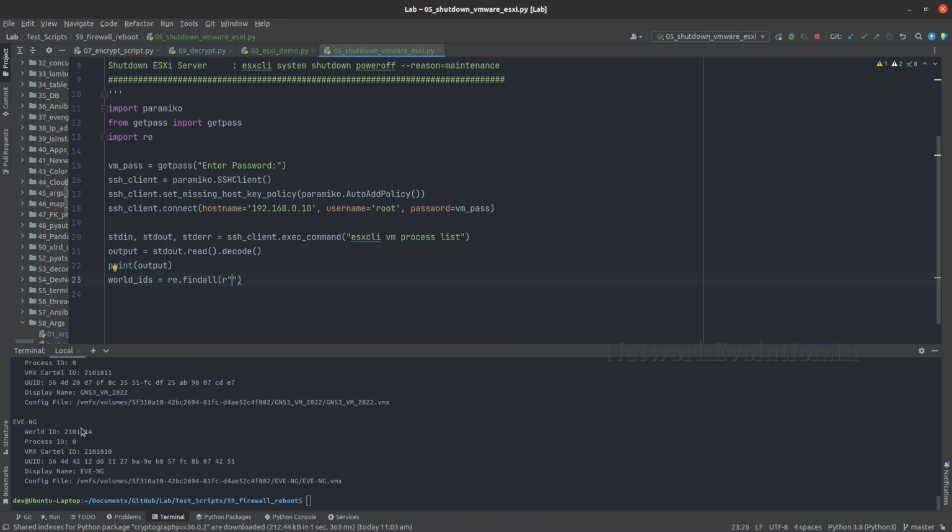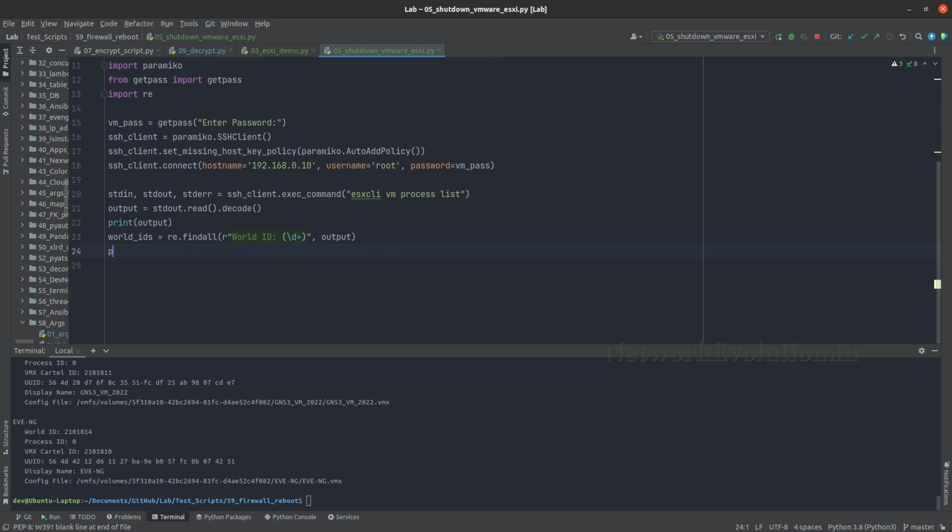Then the syntax is this: World ID colon space, copy this, paste it. After that we are going to get digits, so I'll give \d+. This also I have explained in the regex tutorial. Then here we need to search this against the entire output, and we'll try printing world_ids. Print world_ids,